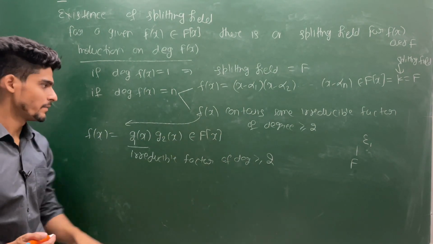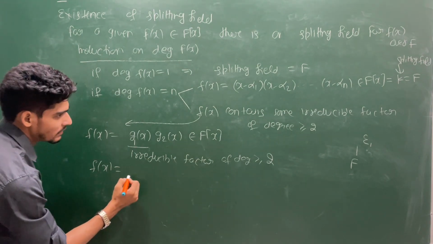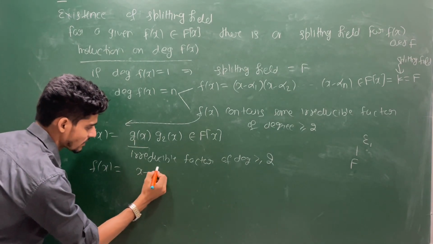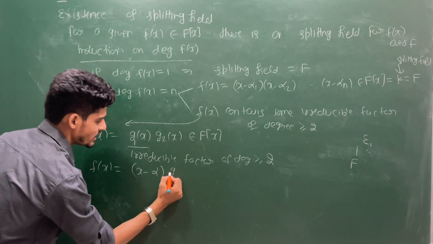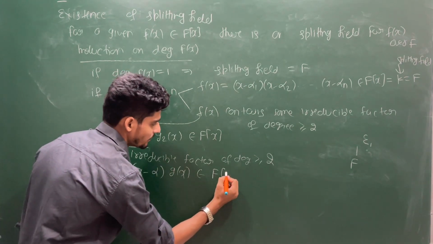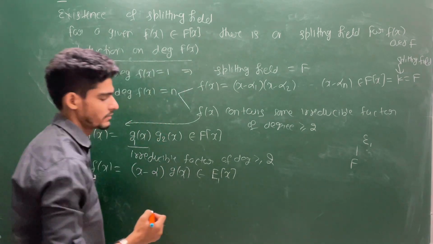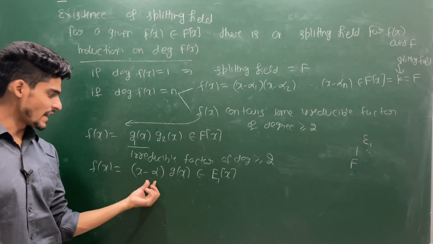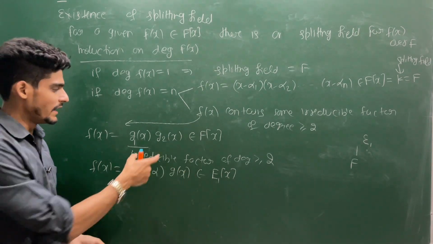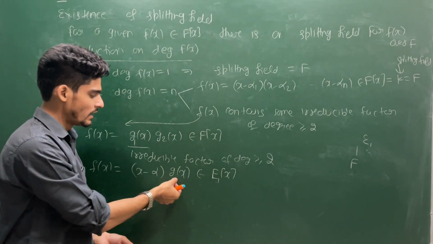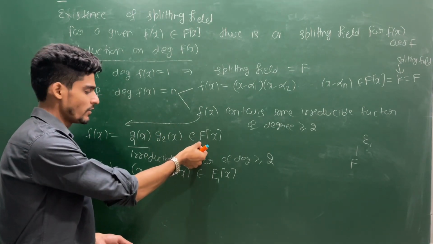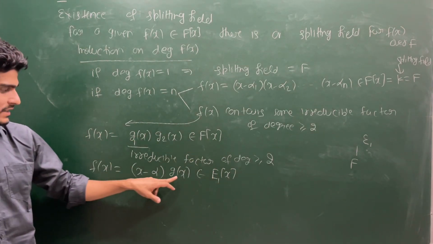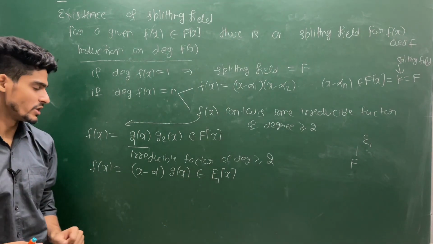So this extension we can say. Again I can write in this manner: let's say the root of g1 is alpha. So I am writing x minus alpha times some polynomial, but this factorization I can write in E1[x], because this E1 contains a root of g1. So g1 can be written as x minus alpha times some polynomial, times g2(x). I am calling this product g(x). This g2 is already inside F, and if you multiply by coefficients from E1, you will land up in E1. So x minus alpha times g(x) belongs to E1[x]. So you are having this situation.